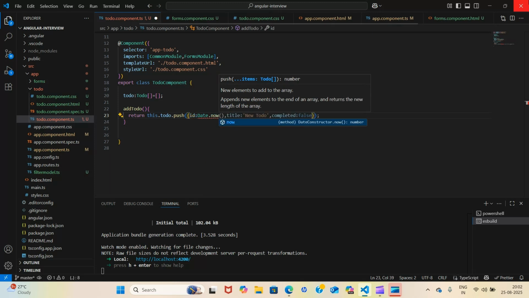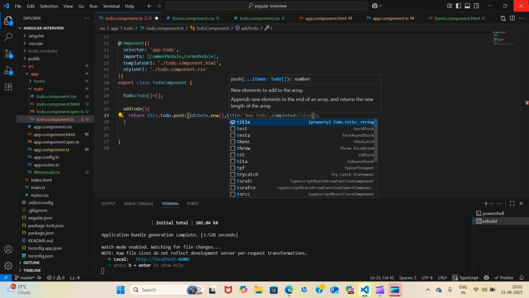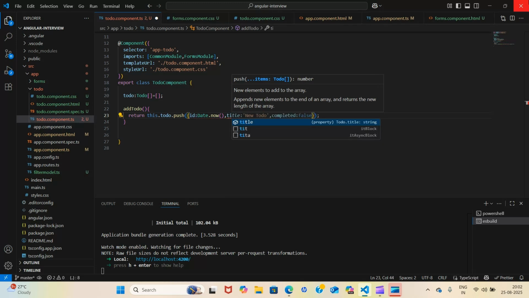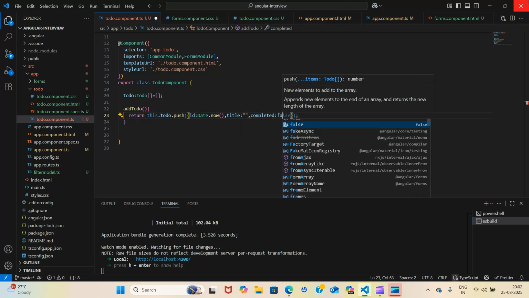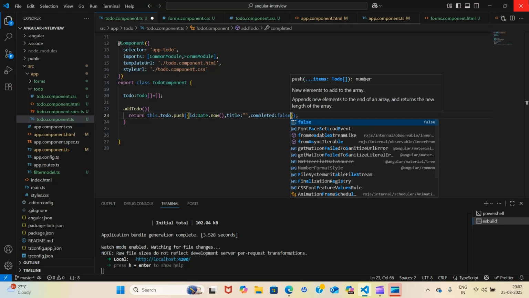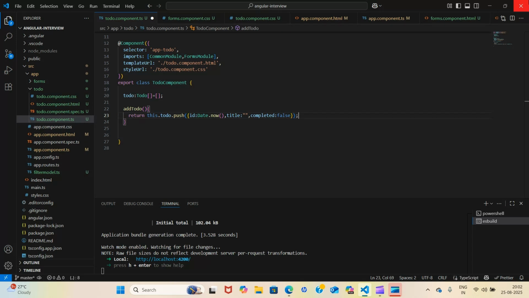You can in fact give something like length or any other unique number, and the title should be initially empty, and our flag also, let's take it as false initially because it is not done yet, because we have just added it. Okay, so this add todo button is completed.